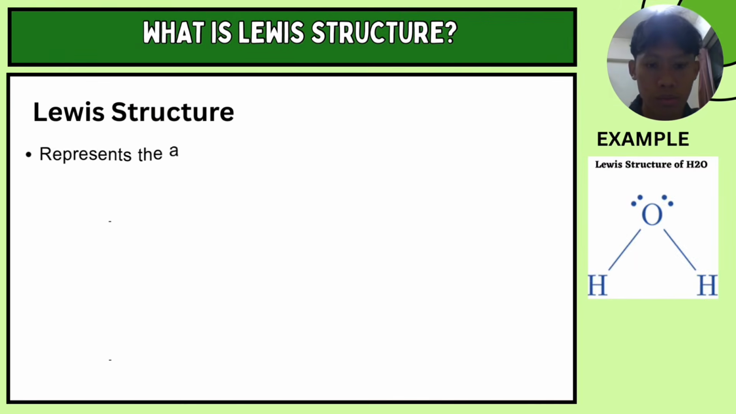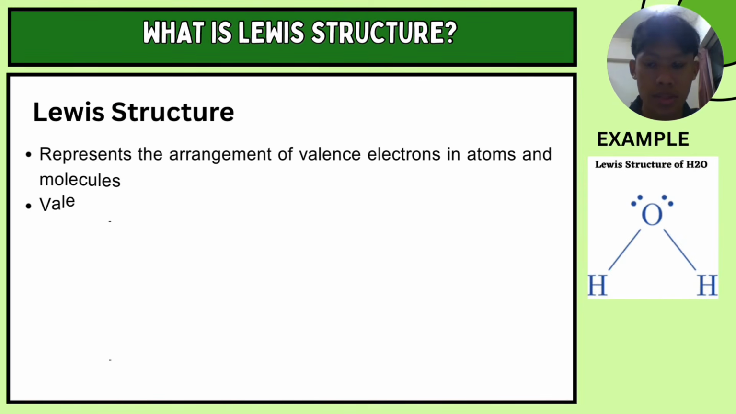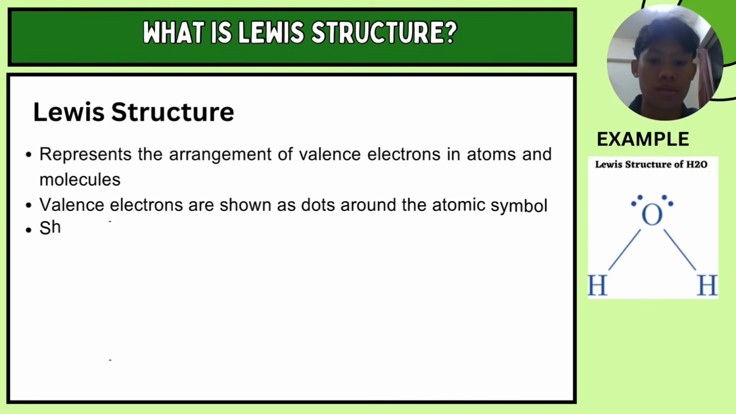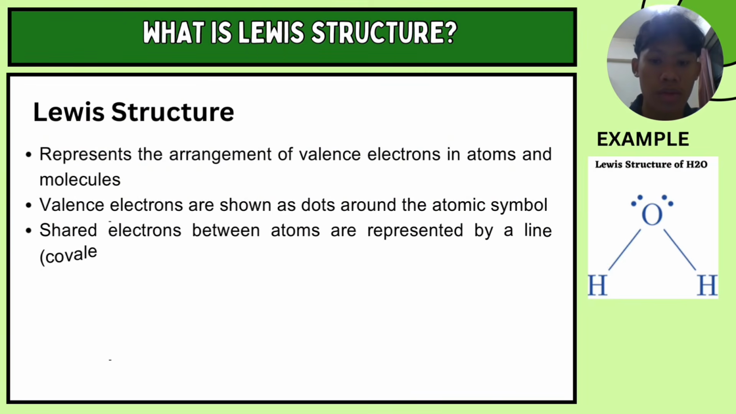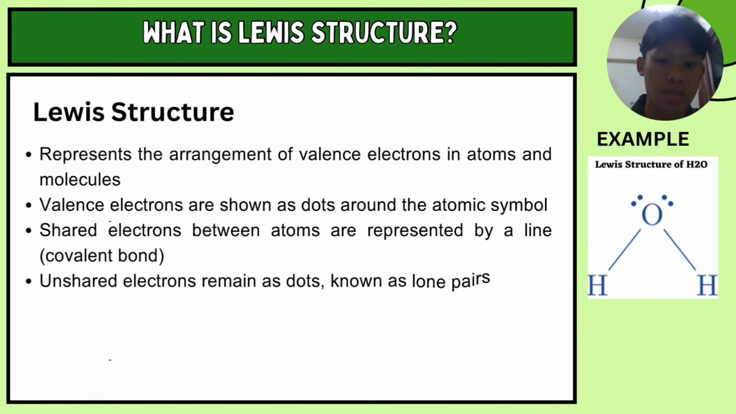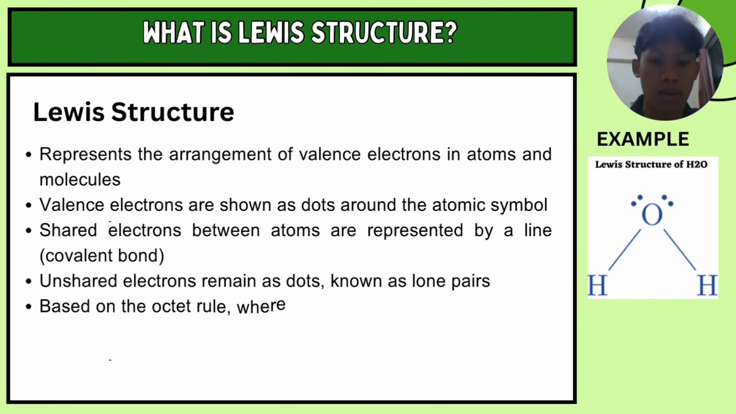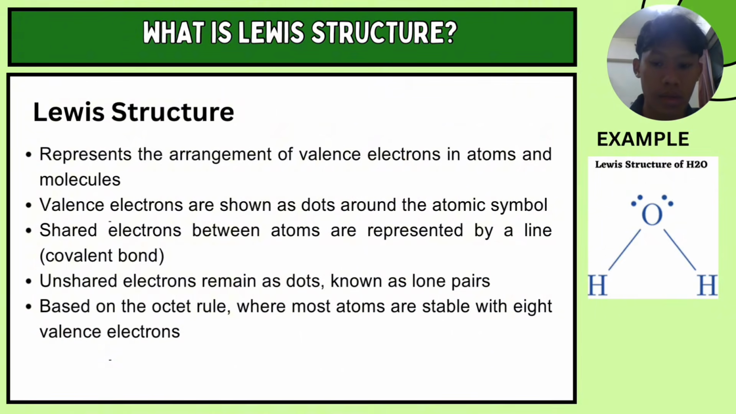So now we will discuss what the Lewis structure actually is. The Lewis structure represents the arrangement of valence electrons in atoms and molecules. The valence electrons are shown as dots around the atomic symbol. The shared electrons between atoms are represented by a line, which we call a covalent bond. The unshared electrons remain as dots, known as lone pairs,